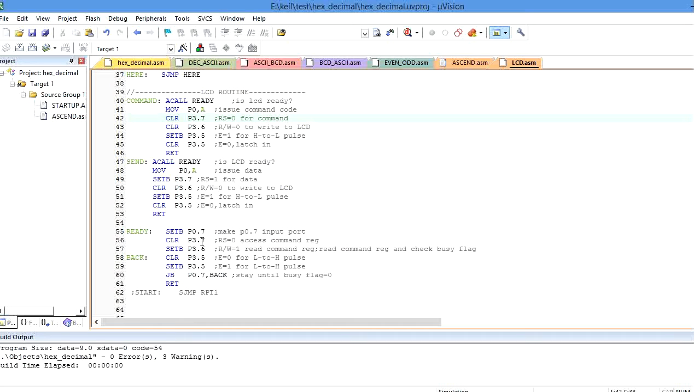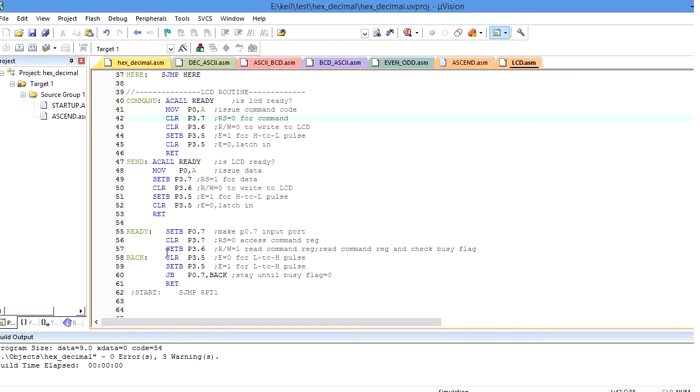After that I am making clear P3.7. Port 3.7 is the RS pin of the LCD device. So whenever register select is equal to 0, it will choose the command register, so that it is receiving a command from the microcontroller to the LCD device here. Similarly, I need to perform the read operation, which indicates the microcontroller is sending a command to the LCD device.